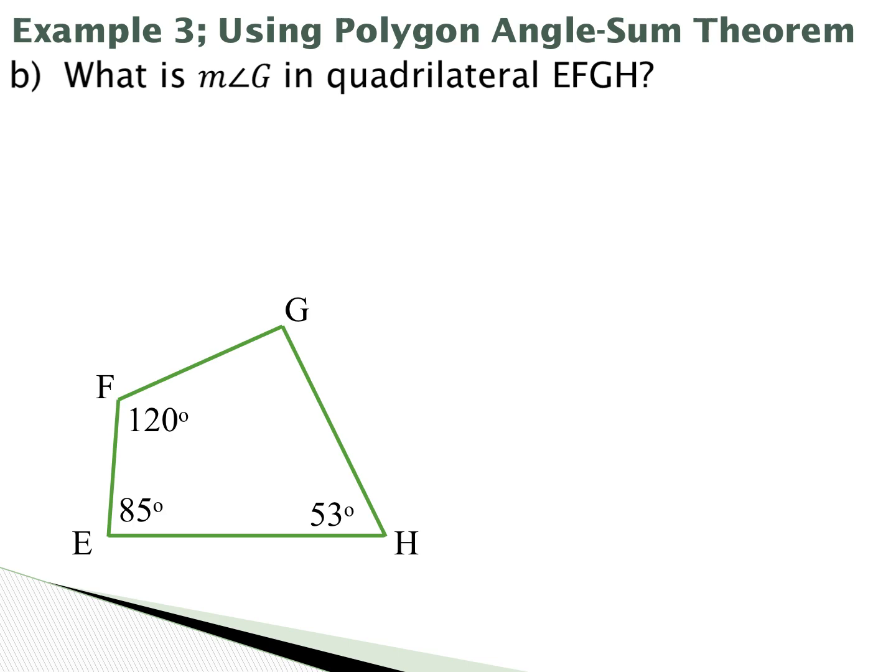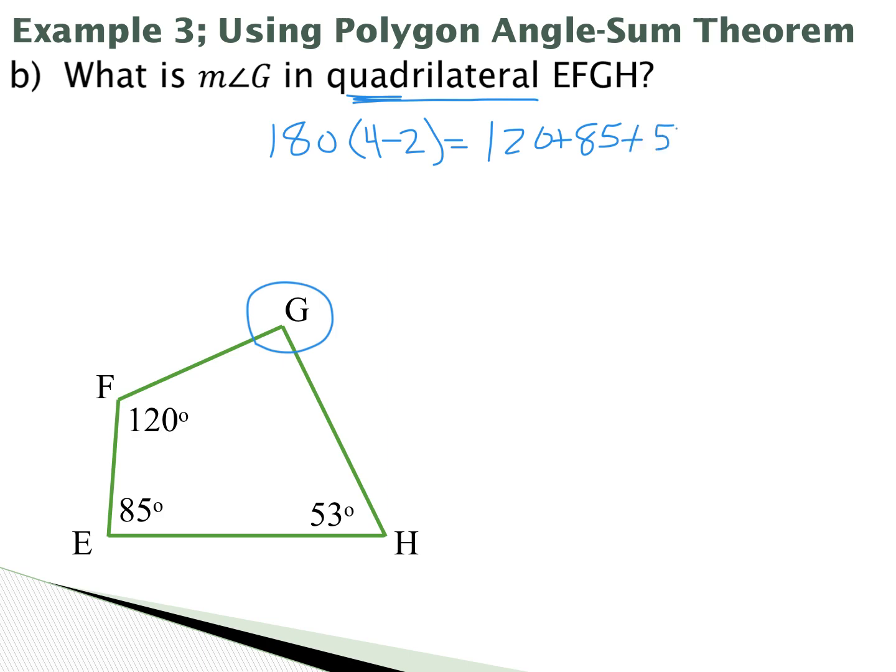Same idea on this next one. We're looking for the measure of angle G in the quadrilateral, 4 sides. So the sum is 180 times 4 minus 2 equal to adding all the angles together. So 120 plus 85 plus 53 plus G. And then I'm solving this. So on the left side, we have 180 times 4 minus 2, which is